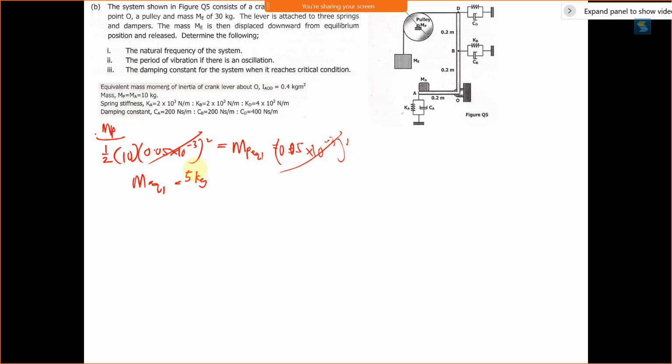Okay. And then for ME. So ME will be the same. M equivalent is the same as ME, which equals 30, isn't it? 30. Where is ME? ME is 30. So 30. And then the last one, next is for